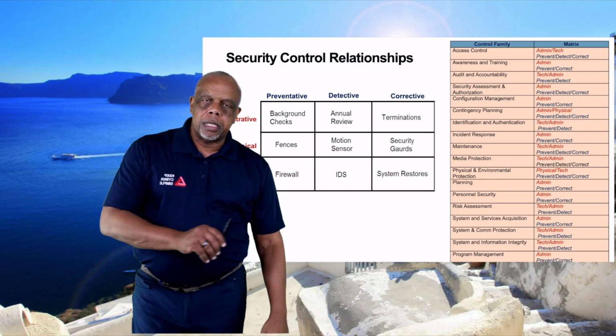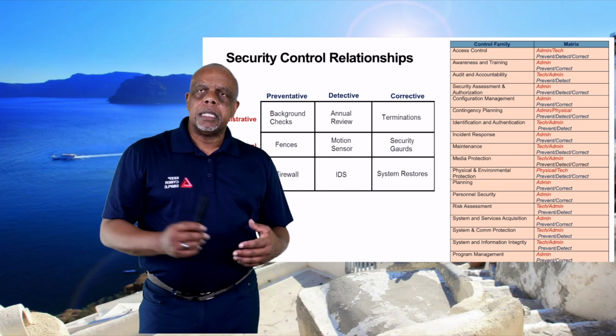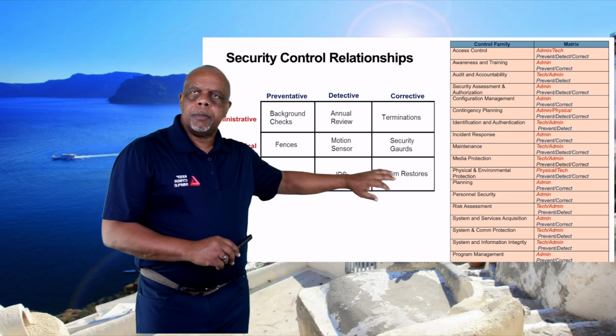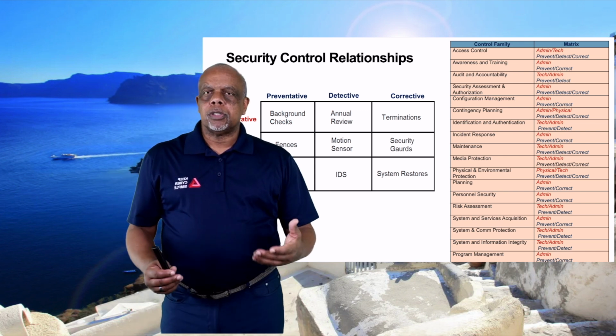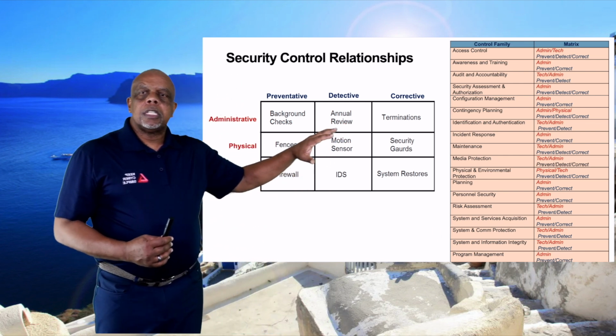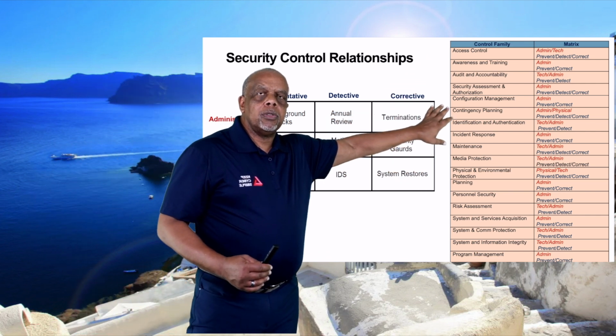Detective, that security guard, he or she, they're inspecting, they do their rounds, their security checks, and so they're detecting anything that may be out of place. Corrective, now we've had something happen, the security guards have to show up to correct that situation. So this control matrix, like I say, pair it with whatever control set you may use,